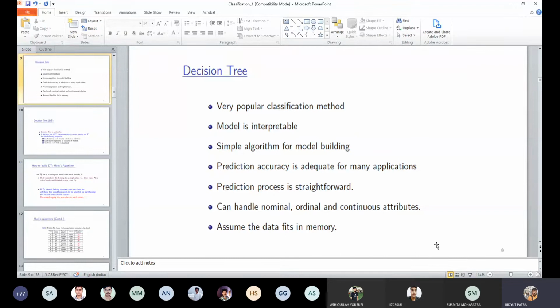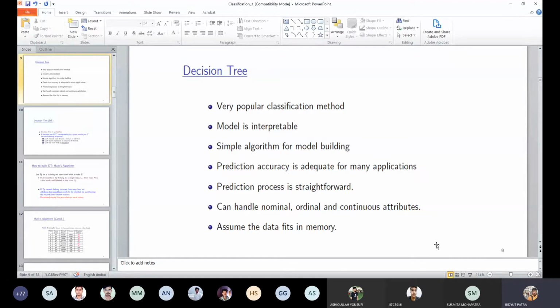Simply you move from the root node to any one of the leaf nodes where it eventually leads, and that will be the class level. And it can handle nominal, ordinal, and continuous attributes. So that is one very good thing for the decision tree. Some classification techniques, like distance-based classification, many times fail to handle the nominal and ordinal attributes. But there is no problem with the decision tree. If the attribute is nominal, it does not matter really. Either the attribute is nominal, ordinal, or continuous. These are the good things for the decision tree.